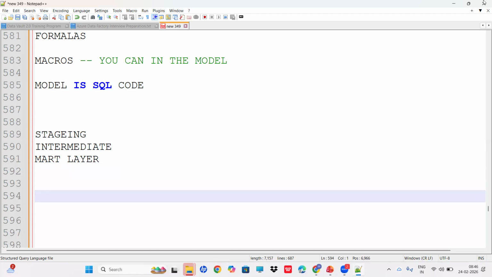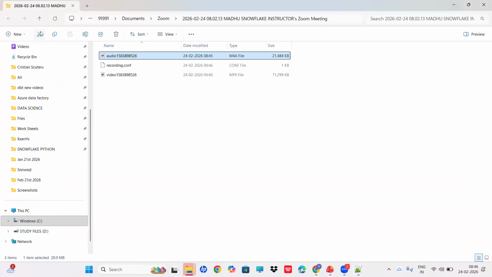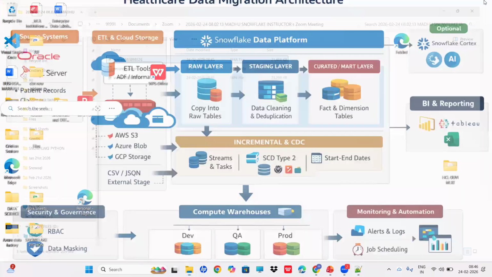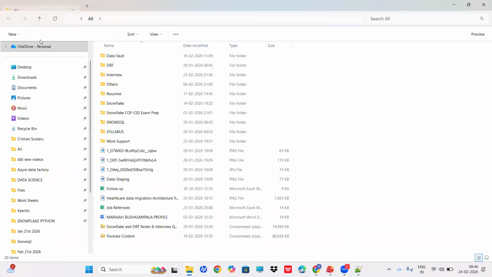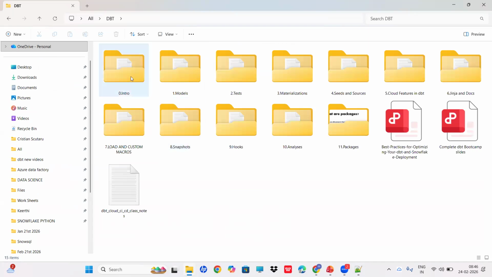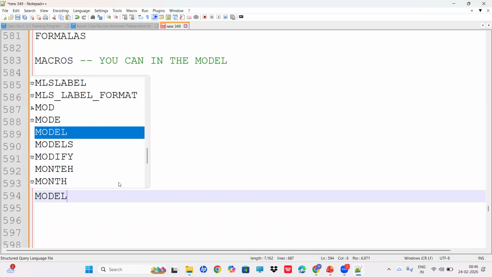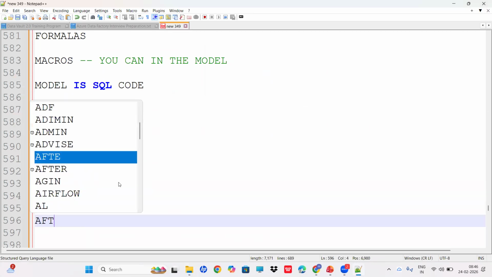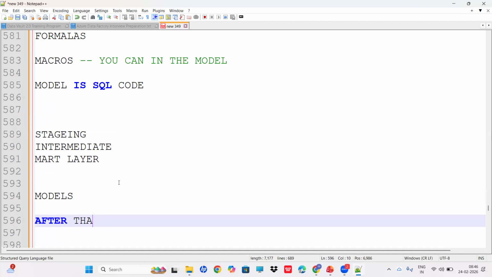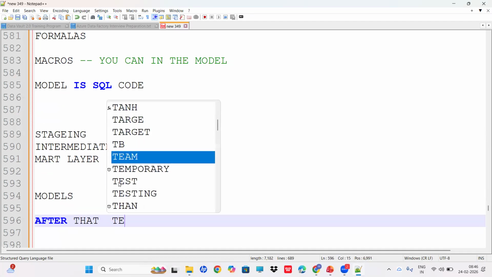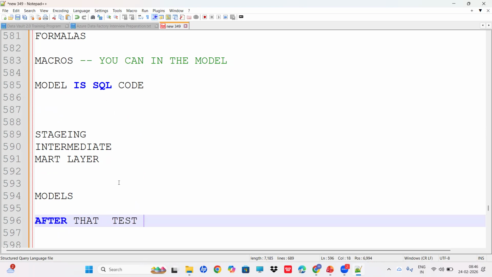So what are the models? After loading data, we will see about the DBT services. In DBT we have models. Models are SQL code and tests. After loading data into Snowflake, first we need to create the models in DBT, and after that